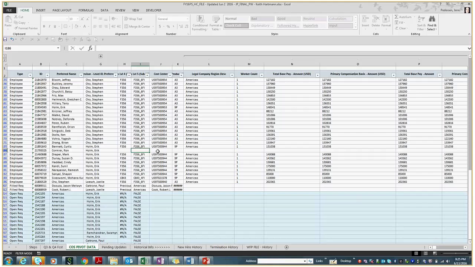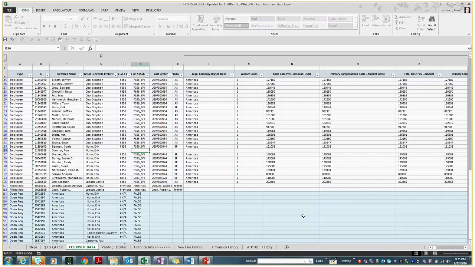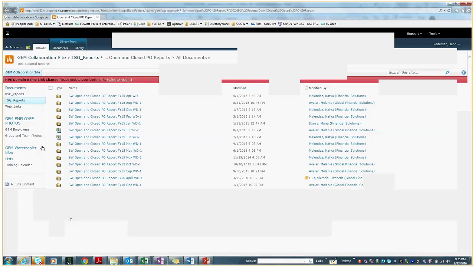So the files probably won't be updated on the SharePoint until either the 16th or the 17th, because she goes through that first payroll cycle on the 15th, and she lets that cycle through before she creates the reports on the SharePoint. Actually, let me see if I can go there just to kind of show you what